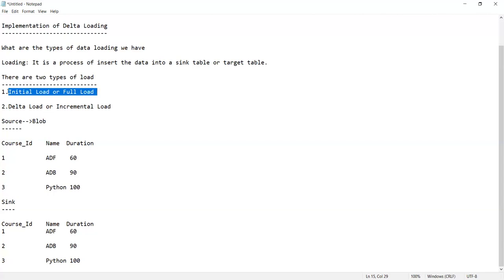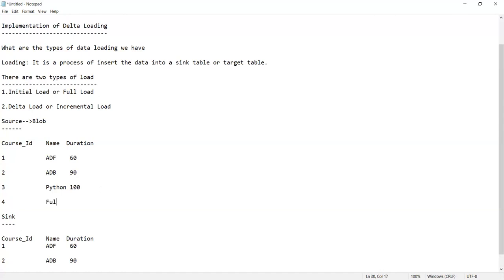Now, after some days, everyone, Durgasoft has updated. That means they decided to add 2 more courses. That is called Full stack. And let us say the duration is